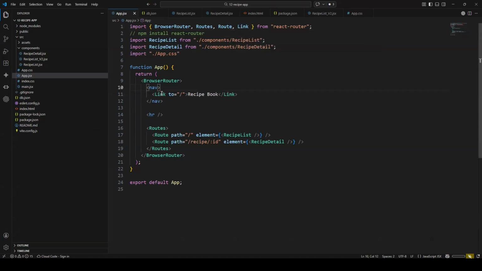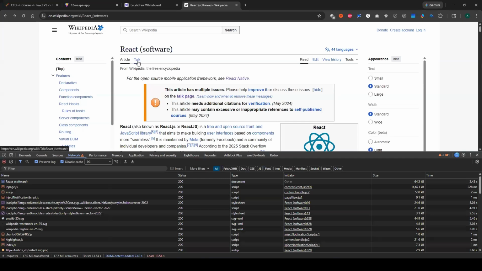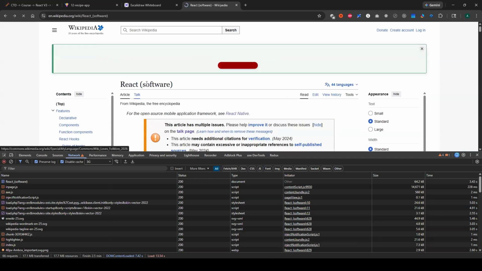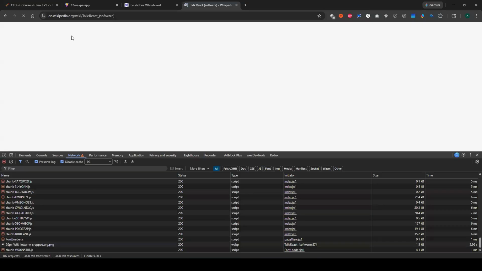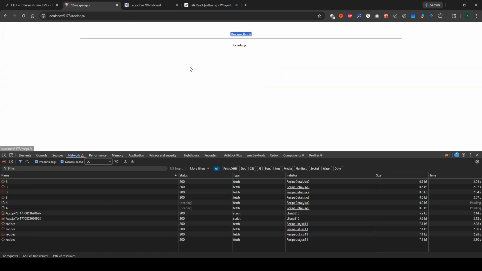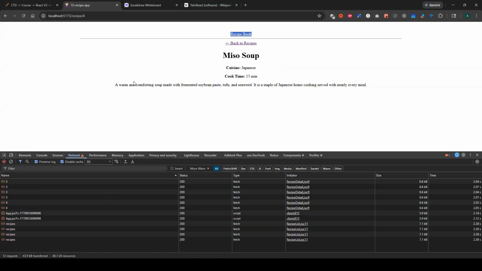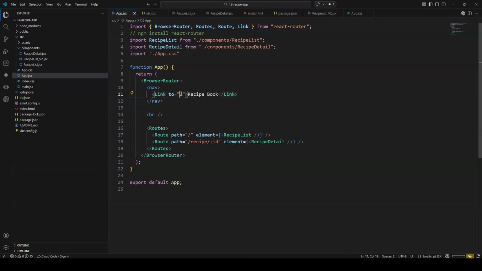So a Link is a simple link, just like our anchor tag here, like talk or article or anything. A Link tag is just like this, which we have on top of our recipe book, which is called recipe book, which helps you when you click on this, no matter which page you're in, it will route to the page you specify. And when I say this link to,